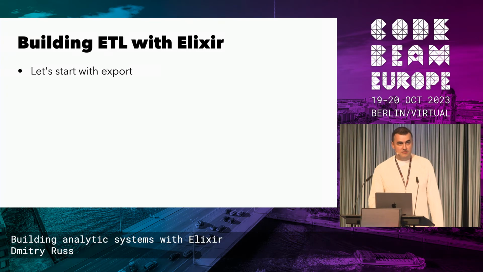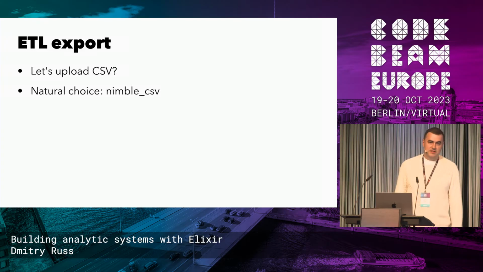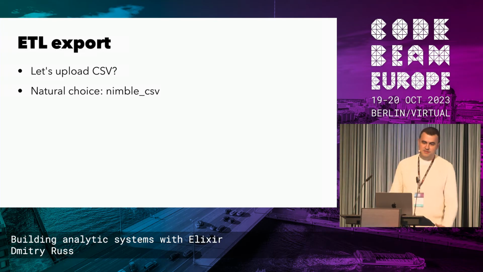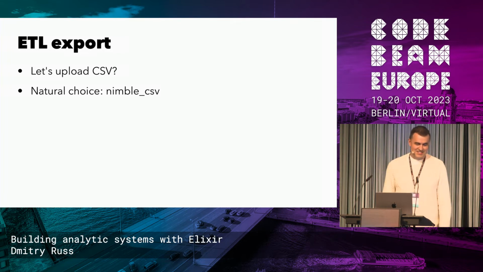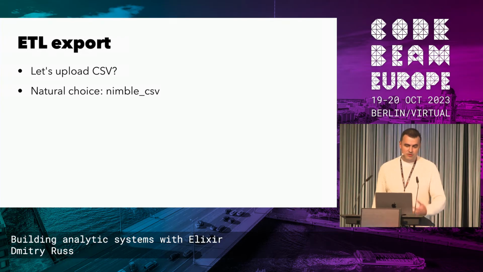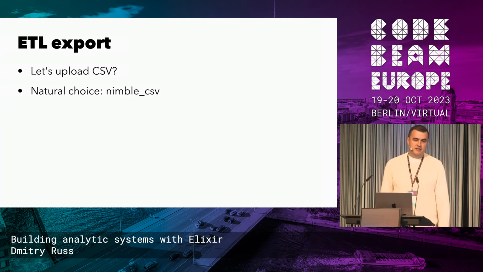A lot of data science very often uses something simple like CSV, or it might look simple. It's actually more or less easy for users, but not so easy for machines. So to read CSV files, a natural choice